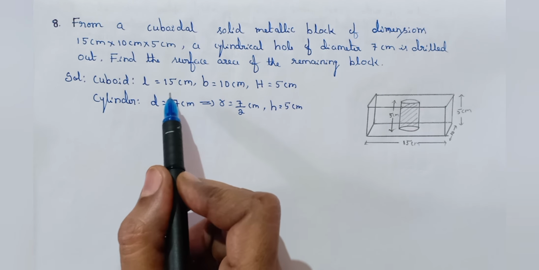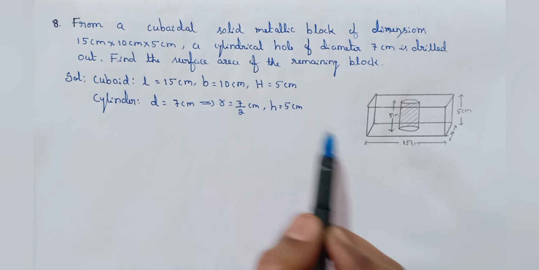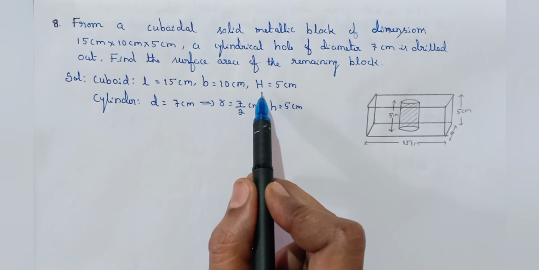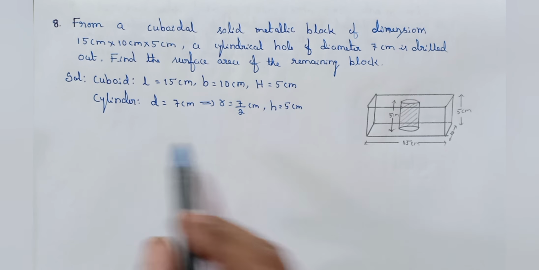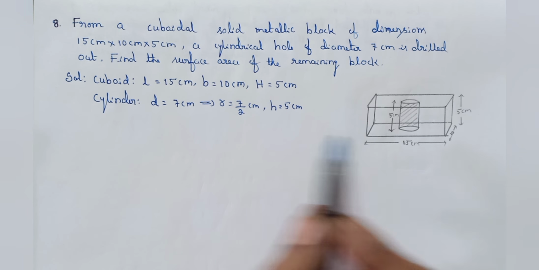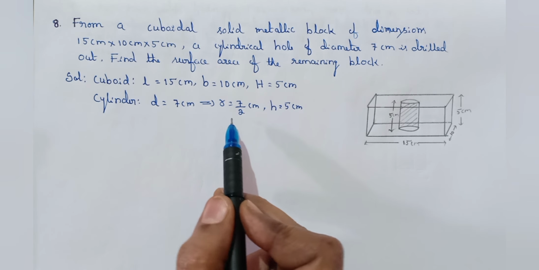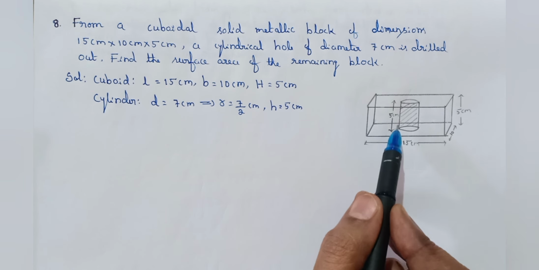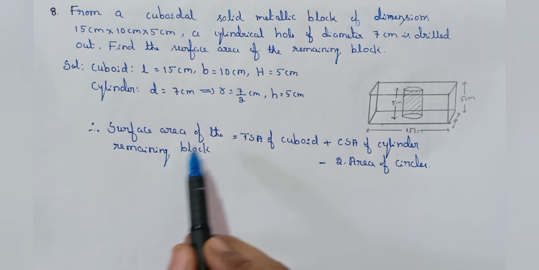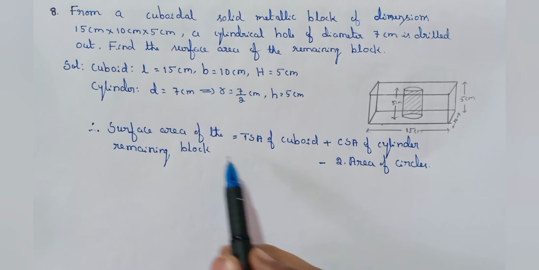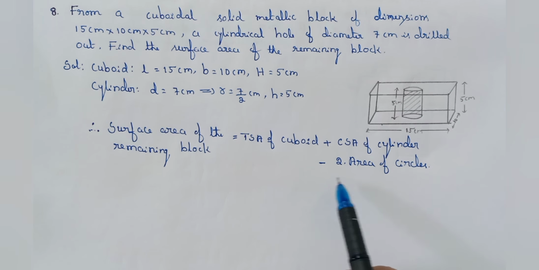Here, the length of the cuboid is 15 cm, breadth is 10 cm, let the height of the cuboid be capital H. So, the height of the cuboid is 5 cm. In the cylindrical hole, the diameter is 7 cm. So, the radius is 7 by 2 cm and the height of the cylindrical hole is 5 cm. Therefore, surface area of the remaining block is equal to TSA of cuboid plus CSA of cylinder minus 2 area